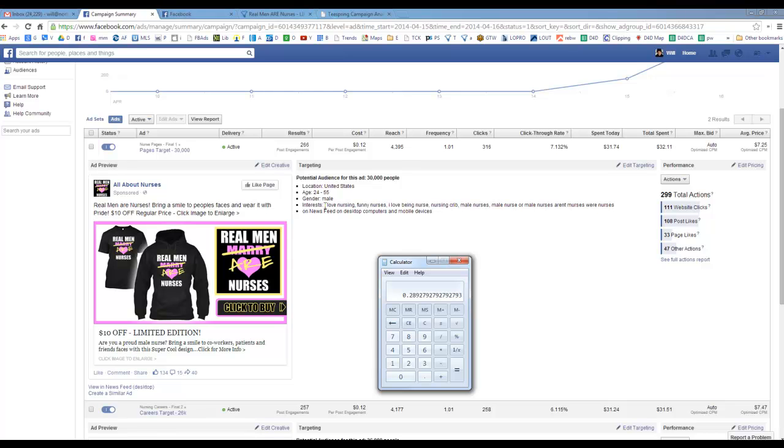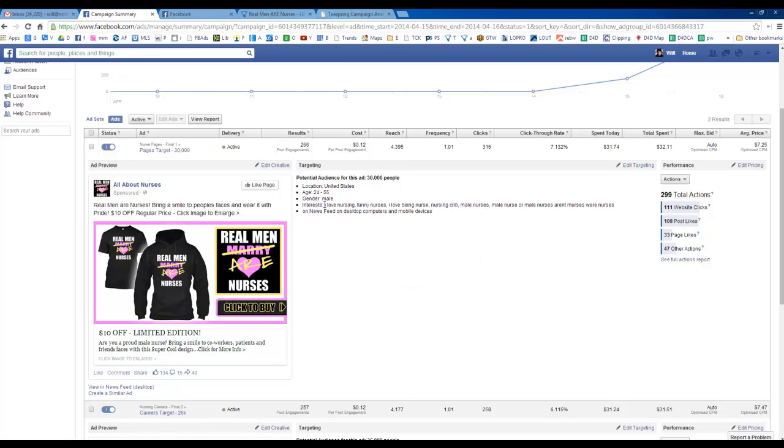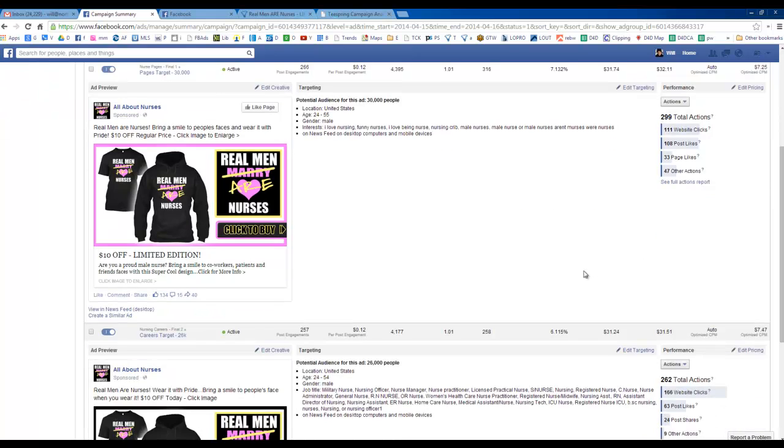And we kind of alluded to this a little earlier, because this ad is targeting people who pretty much already are engaging, right? They already kind of have a track record for engaging with fan pages because they are members of fan pages. I'm not targeting them as a career. I'm targeting them for the pages that they like. So I Love Nursing, Funny Nurses, all this. So it doesn't surprise me that we're getting more engagement here.